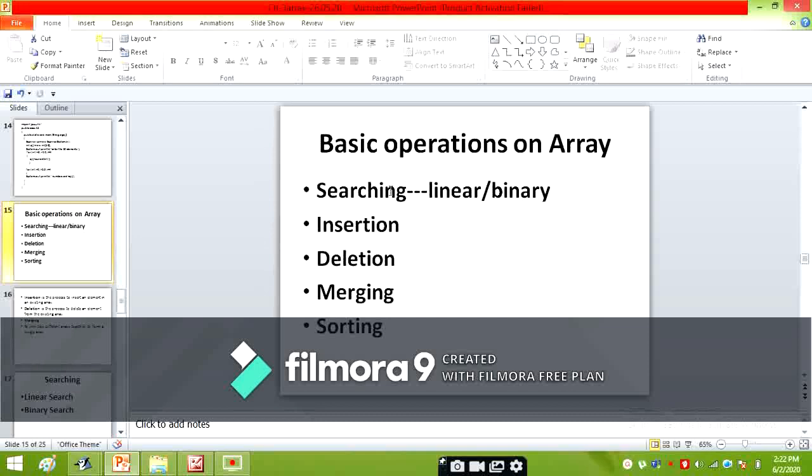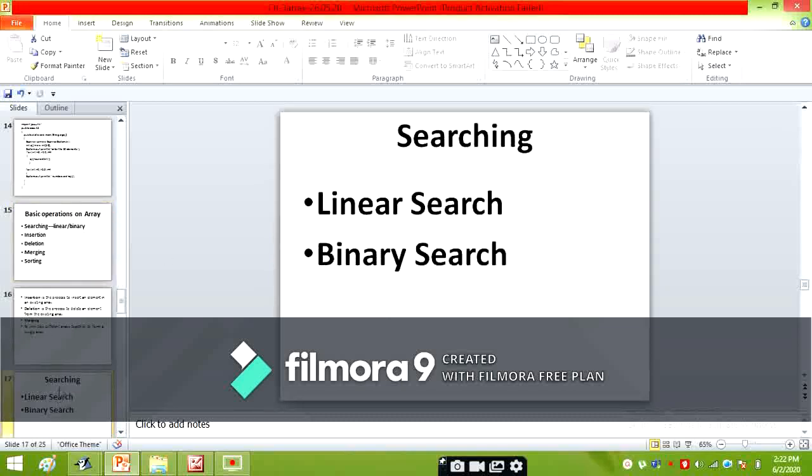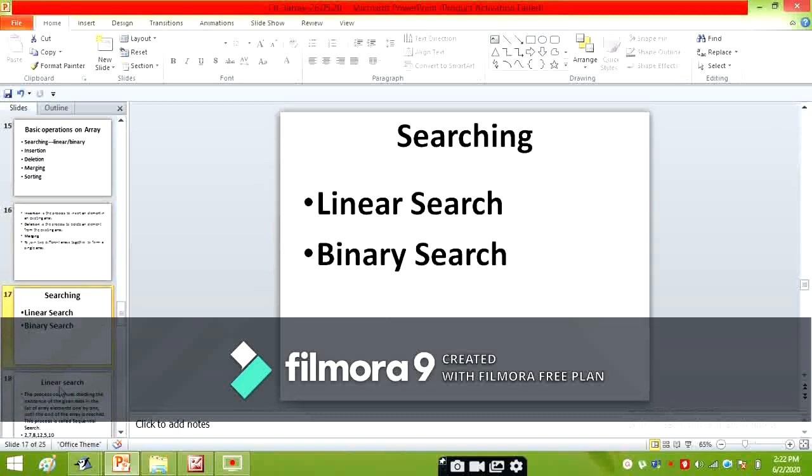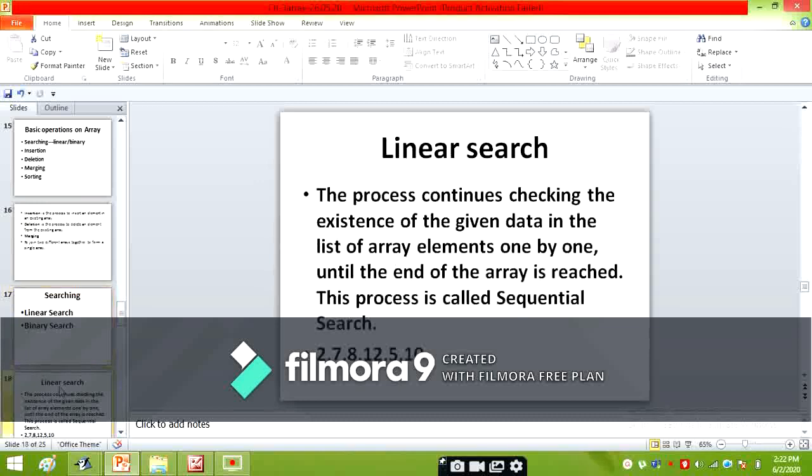First, searching. Searching means to find an element in the existing array. Searching is of two types, linear search and binary search. Linear search is a process of continuously checking the existence of the given data in the list of array elements one by one until the end of the array is reached. This process is called sequential search.